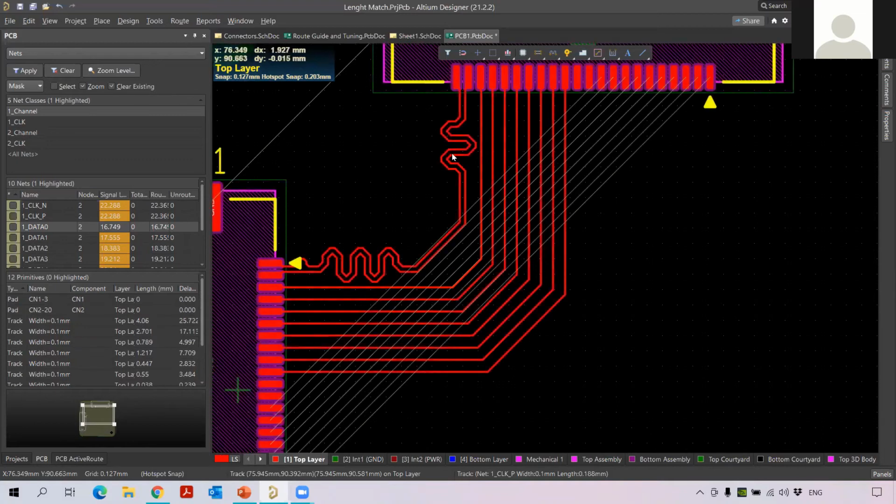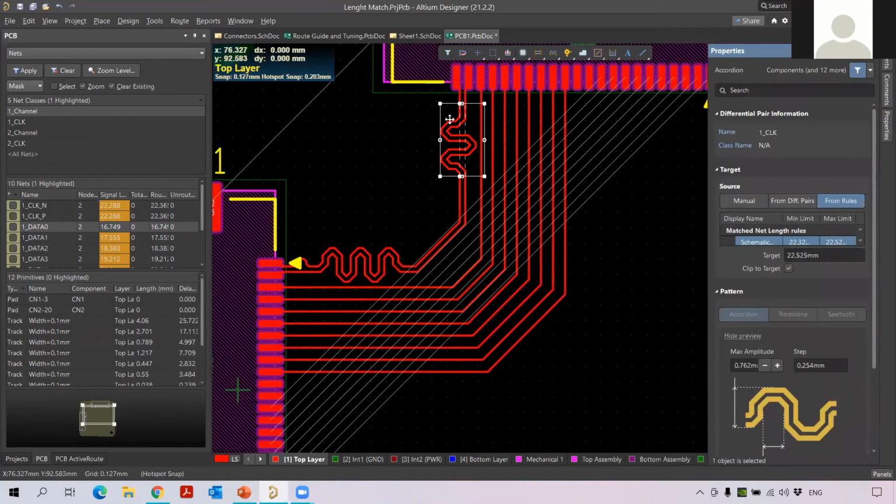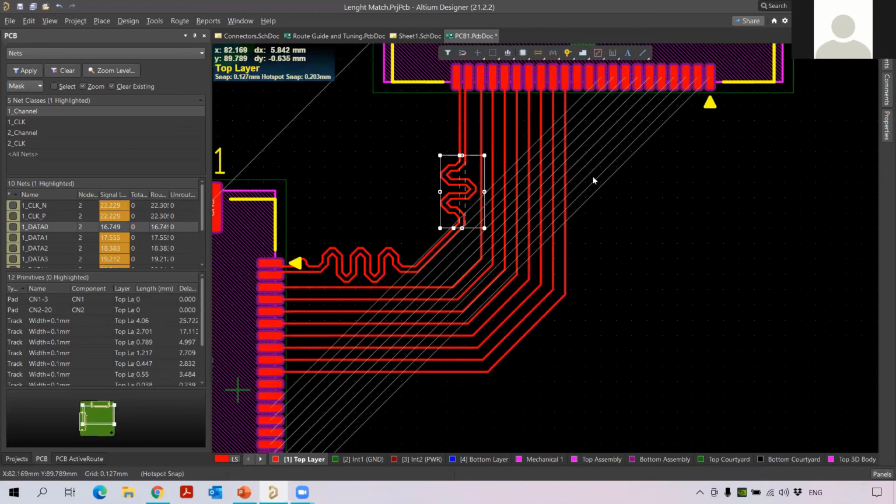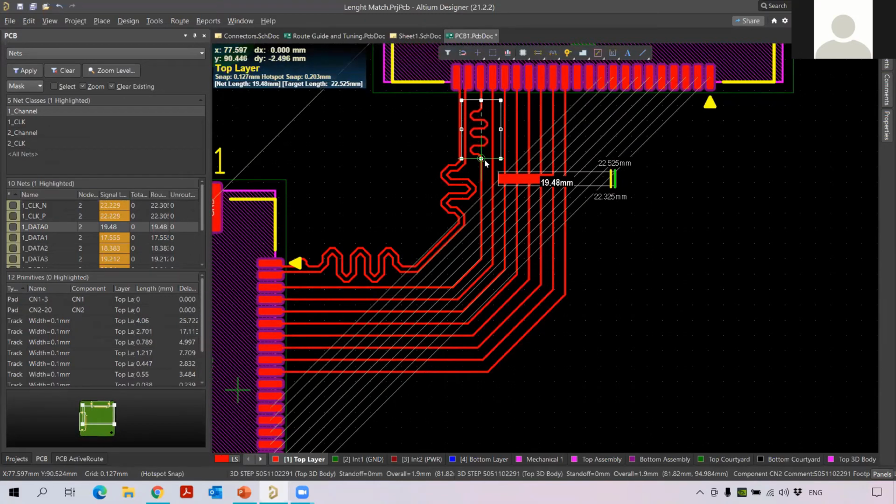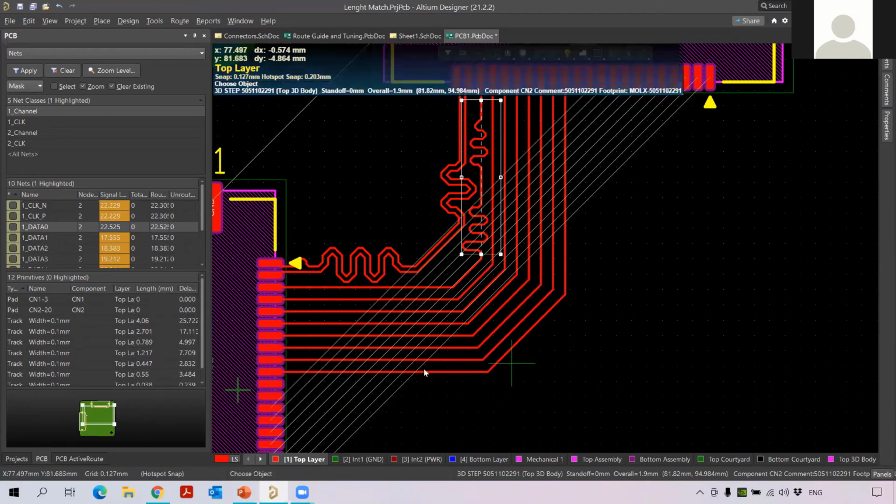Shift C. Okay, do it again. Interactive length tuning. Let me do it from here. Okay, so you can see here, I just achieved it. So right click, come out of it.